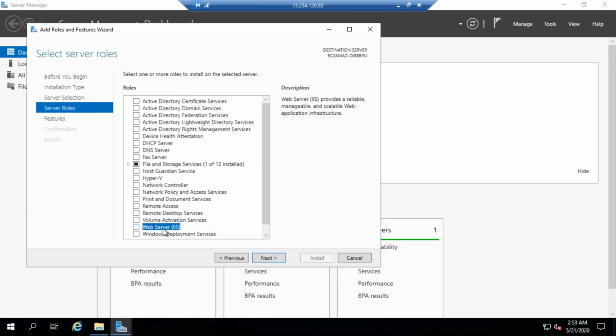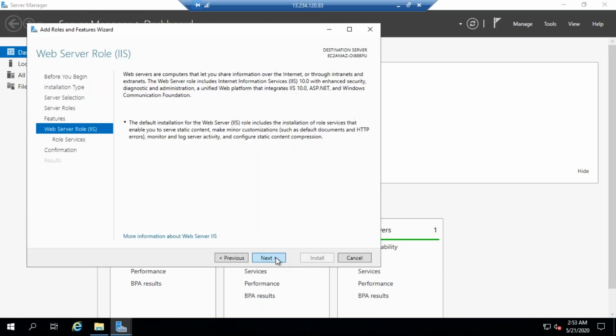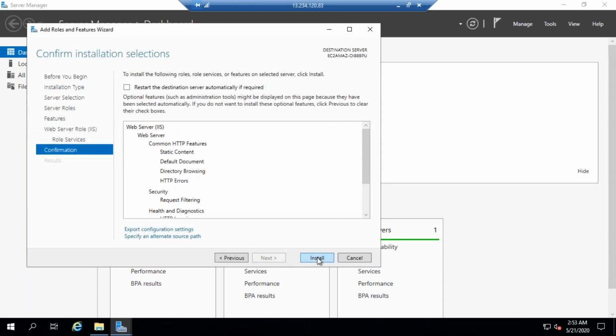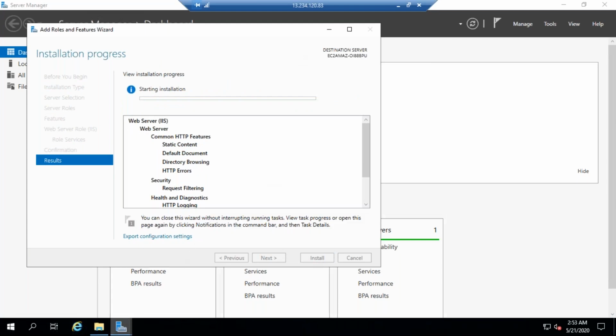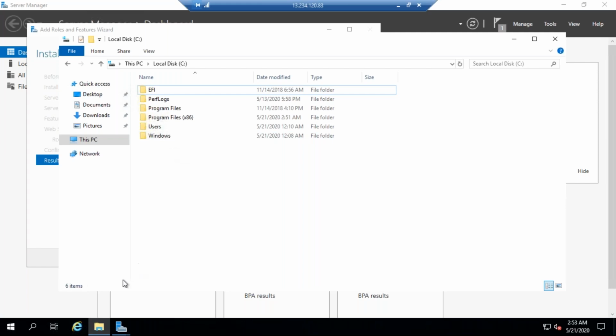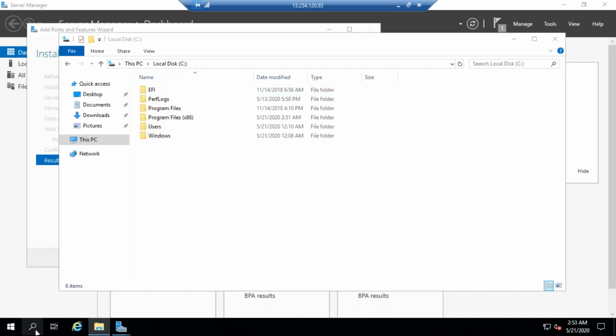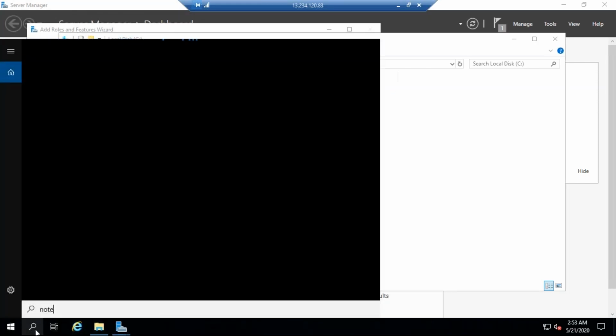So select this web server, select it, click add feature, click next, next, next, next, next, install it. Okay, so it is going to install. Once installation is finished, it is going to create the inetpub folder here. Meanwhile, I will open Notepad here.